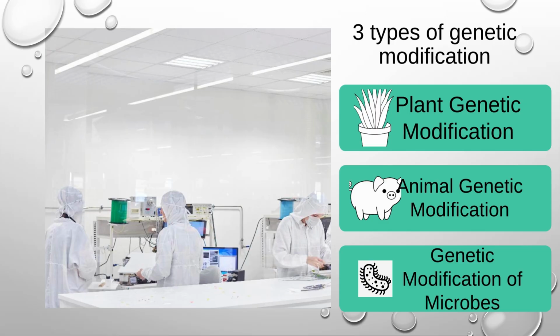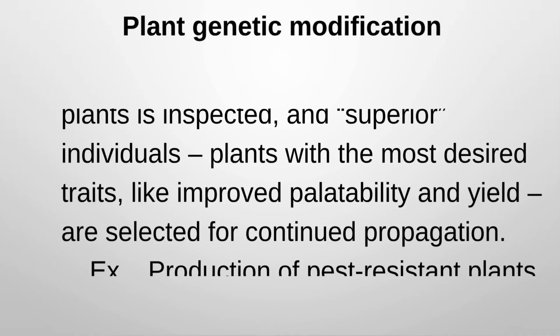So, what is genetic modification? Now, the easiest method of plant genetic modification, this is the first type of genetic modification because we have three types of genetic modification. First is plant, and then animal, and then microbes. So we will tackle first the plant genetic modification, wherein this is the easiest method of plant genetic modification used by our wandering ancestors, and until today, is simple selection.